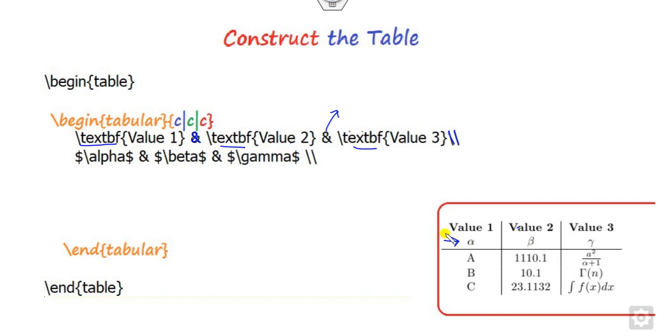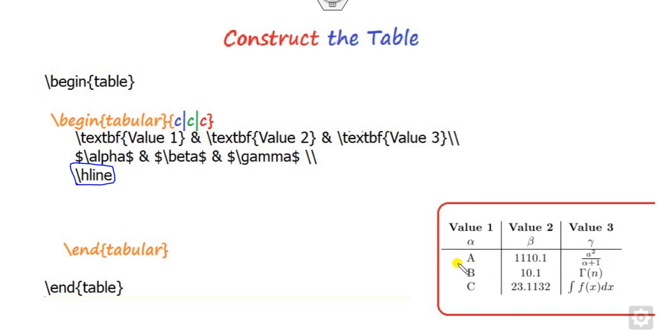You have to use alpha, since this is a mathematical term, so you have to use $\alpha$, $\beta$ and $\gamma$. Again the line will be ended, but there is a horizontal line after this gamma. So how do you define the horizontal line? You can write the line as \hline, so it will appear as this line here.